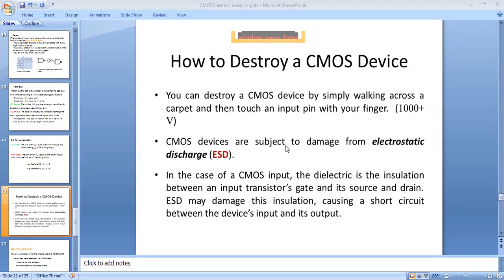So totally, with the help of two conditions, that is ESD or otherwise latch-up, we can destroy the CMOS. Latch-up is formed in two ways. One way is our CMOS is connected to higher voltages or lower voltages. Another method of latch-up is by cascading. That is, our CMOS input is connected to another TTL, and that TTL is connected to high voltages. Then in that situation also CMOS is destroyed. So those are two methods.